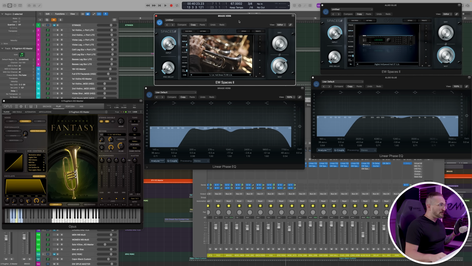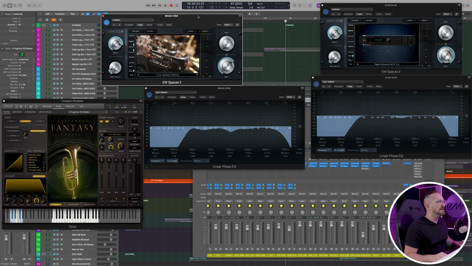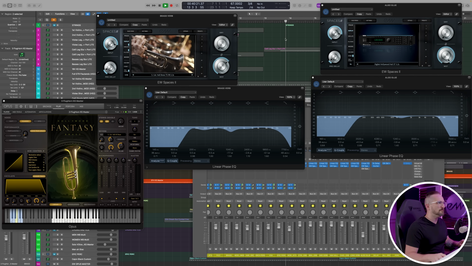So here I'm using the Southern California Hall Brass Specific Impulse Response. And let's go ahead and hear the brass at 14. So you can hear there's a fairly pronounced tail there.